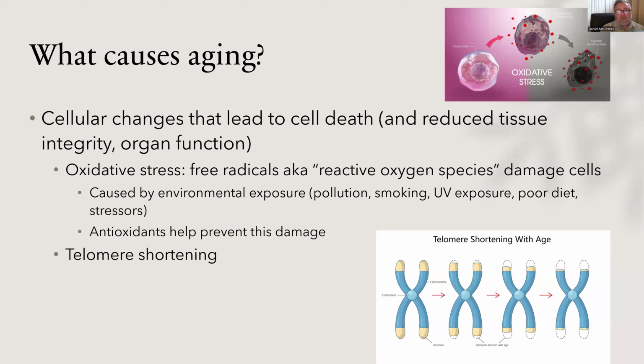So a lot of age-related changes are happening to the organs and tissues of the body as a result of this sort of stuff. Another thing that happens in terms of cellular damage refers to the telomere shortening I've described here at the bottom. So what we're looking at here are some chromosomes, right? These X-shaped figures are chromosomes that contain all of the DNA sequences. Most of the cells in our body, not all of them, need to reproduce. They need to divide and replicate and copy themselves multiple times over the course of our lives.